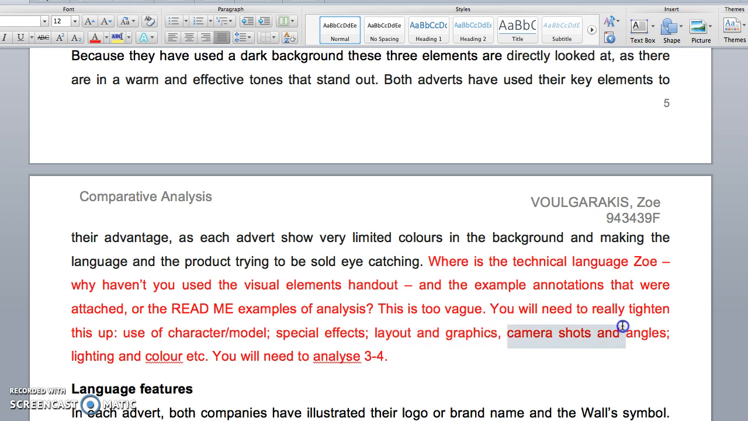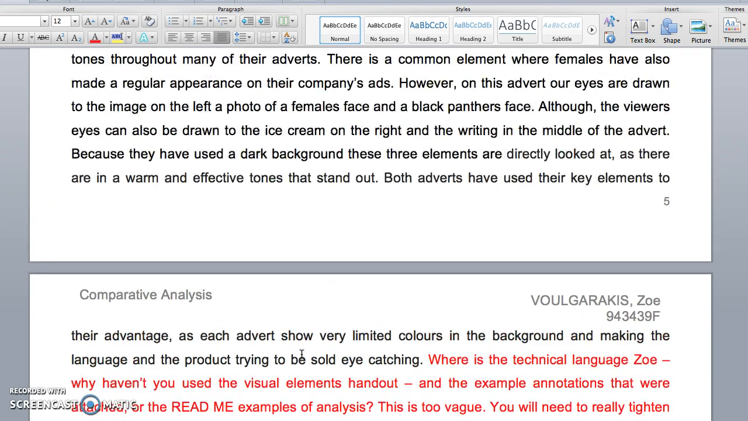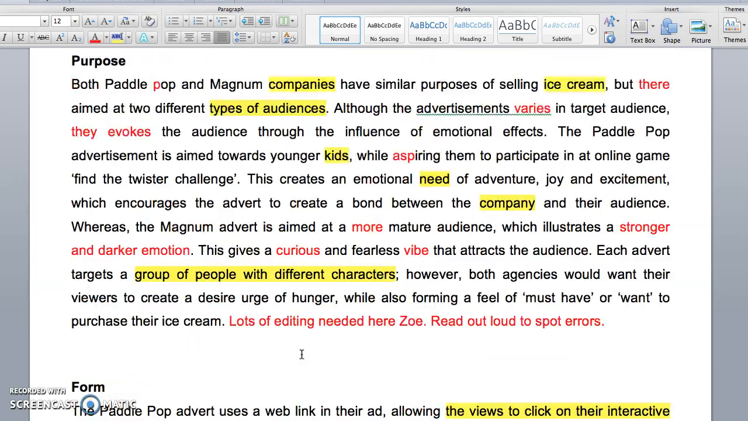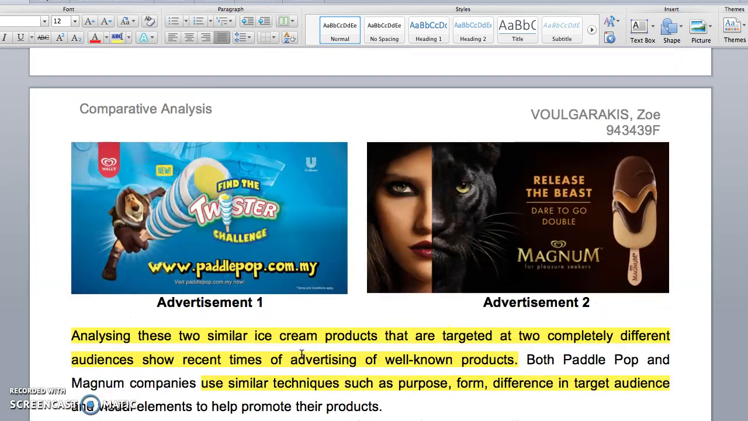What are the camera shots and angles? How have they used lighting and color? You need to go back and really tidy this up. You need to go and have a look at the Elements of Visual Language. You need to look at the advertisements that were attached and use those to help you now tidy that up with clear topic sentences. So you might say, both advertisements use graphics and layout effectively to focus their target audience